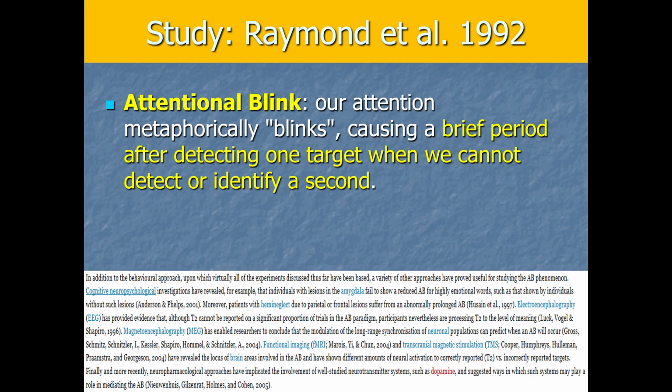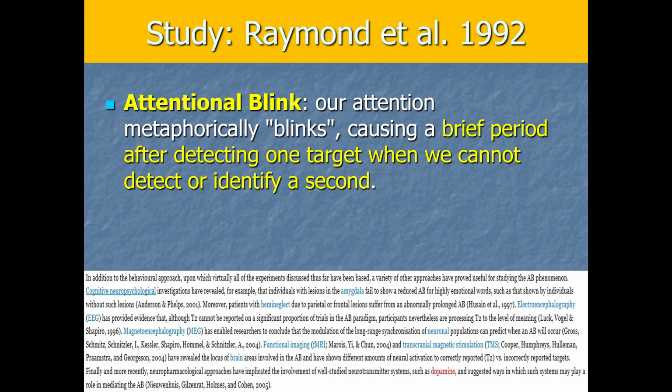Cognitive neuropsychological investigations have revealed, for example, that individuals with lesions in the amygdala, so problems with their amygdala, fail to show a reduced attentional blink for highly emotional words, the way most of us do, right? Such as that shown by individuals without such lesions. So lesions, that's a neuropsychological approach, right? Then they say